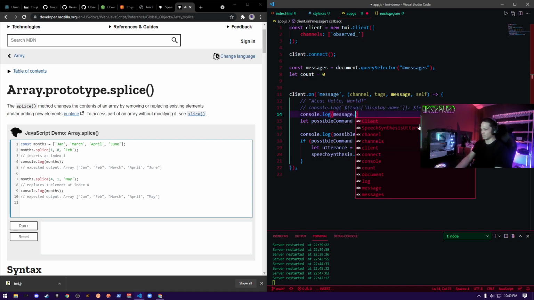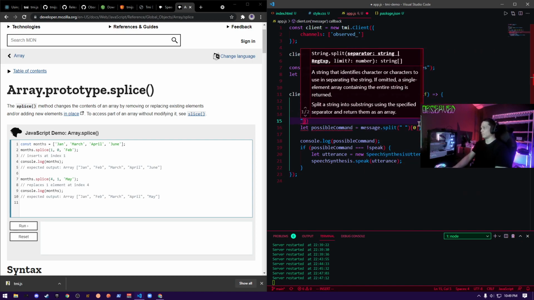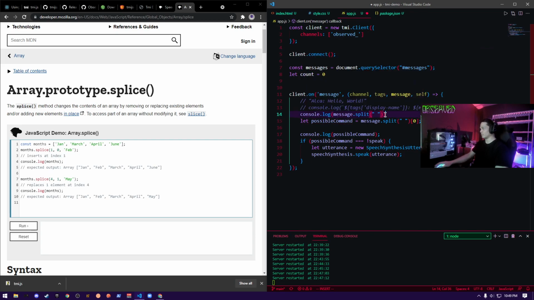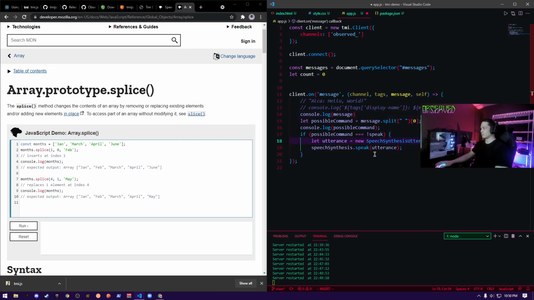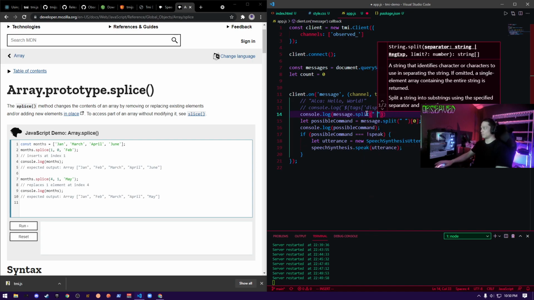Message dot split, right? And if we split on the space, let me... what's going on? Stop. Okay, it does.